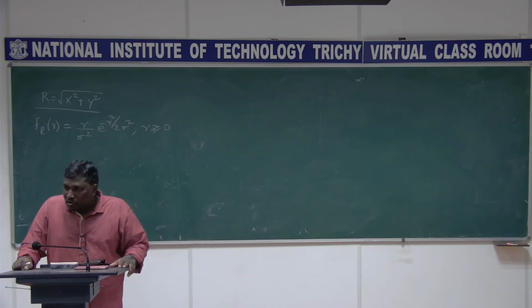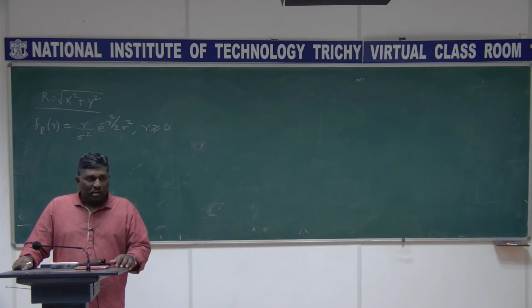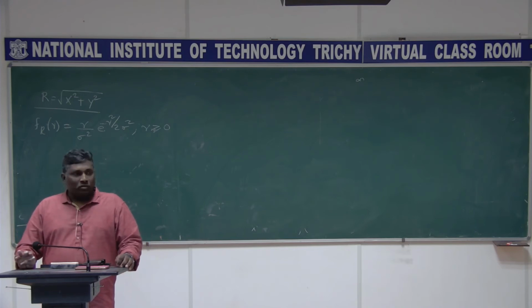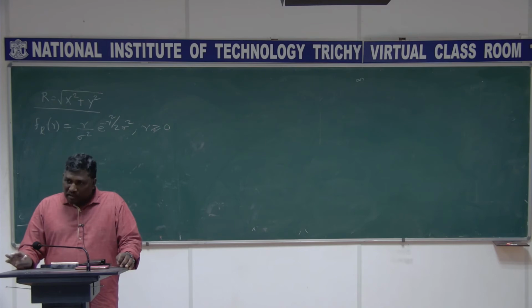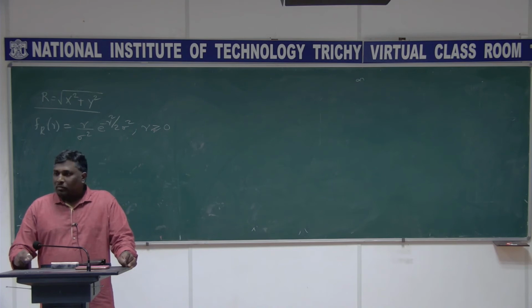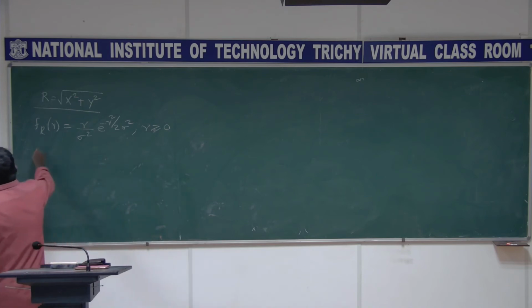And that is Rayleigh distributed. Tomorrow we are going to discuss the probability of error associated with the Rayleigh model, Rician model and additive Gaussian model. For that this is needed as a basic. I just wanted to do it today. Tomorrow we will have a full case study: additive Gaussian noise model, then Rayleigh model, then Rician model. What is the probability of error, that we will discuss tomorrow. But now, coming back, this is known to us. But now the question is, what is R squared distributed with?